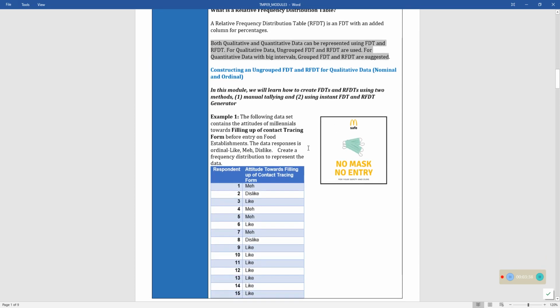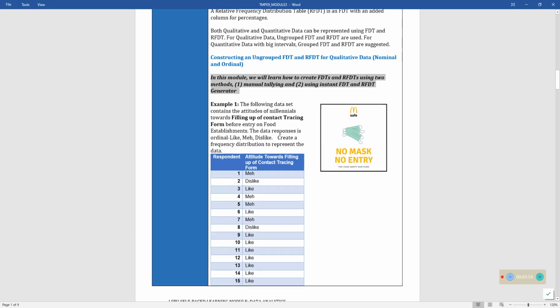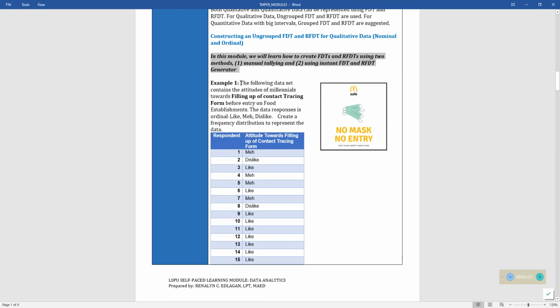Meron tayo ditong isang example. So, katulad nung nasa introduction natin kanina. Halimbawa, yung isang researcher, gusto niyang malaman yung views or attitude ng mga millennials towards the different health protocols. Ito, isang health protocol lang i-example natin. So, the following data set contains the attitudes of millennials towards filling up of contact tracing form before entry on food establishments. For example, in this food establishment, isa sa mga protocols nila, no mask, no entry, and you have to fill up contact tracing form before